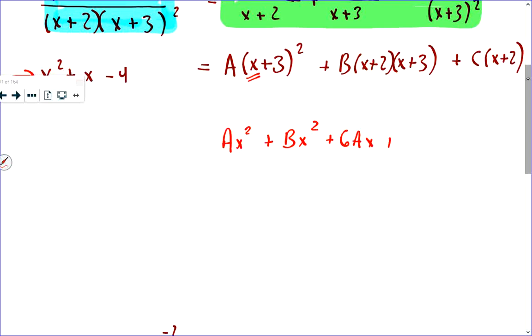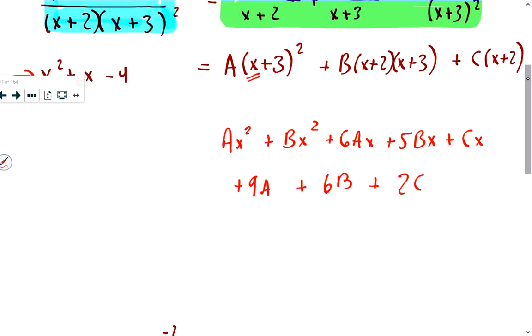You would end up with 5bx in here, and you have cx here. You would end up with 9a plus 6b, plus 2c, and I want to double check all of those. 6x, so that's 6ax, 5x, that's 5bx, I have a cx, I have a 2c,